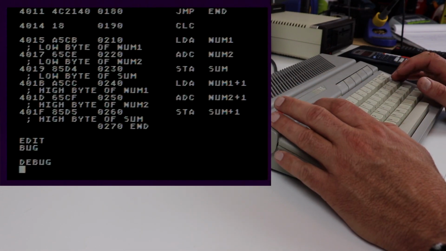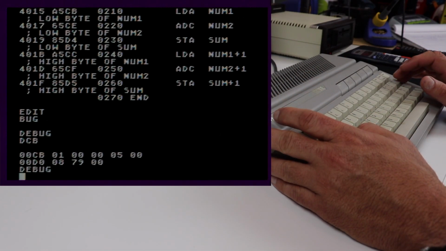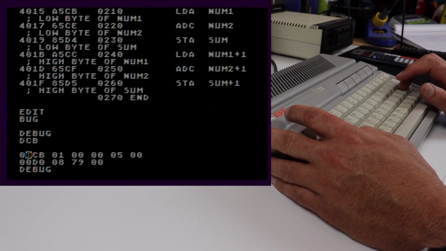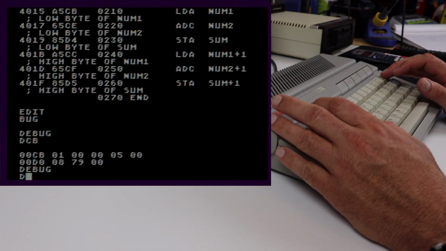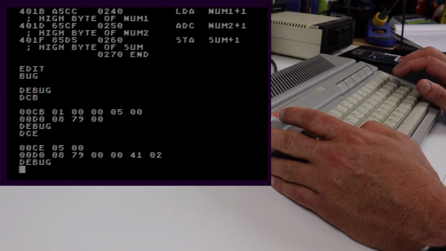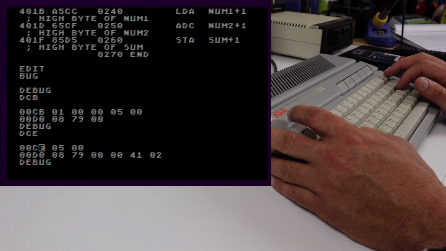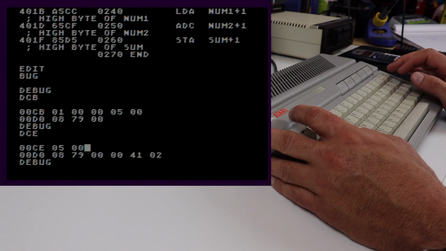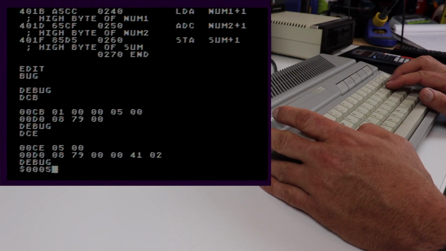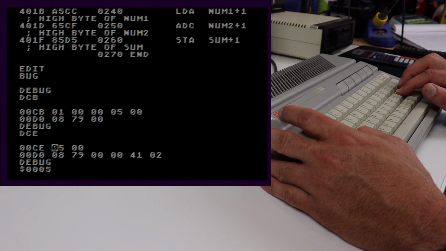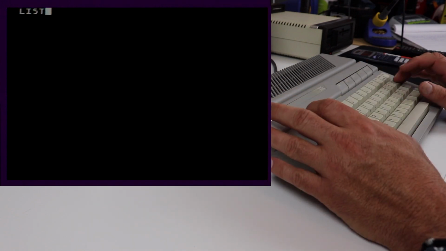So let's go into the debugger and let's display CB, which was num1. All right, so you can see here, this is CB 0, 1, this is CC 0, 0. So in reality, human readable format, what we're looking at is 0, 0, 0, 1. So that's what we wanted. So let's look at the next location, which was it CE? Yes. So here's the second number that we're adding. So CE 0, 5 and CF 0, 0, which again in human readable format is 0, 0, 0, 5. You just got to remember that in the Atari, in the 8-bit world, you've got the low significant byte first and the most significant byte second, or the low byte first and the high byte second. Okay? So now that we have those two values in memory,